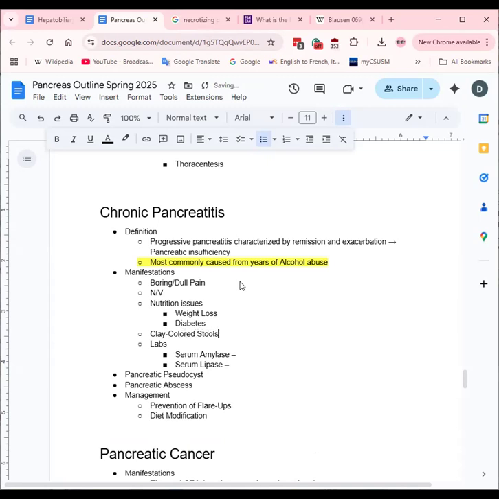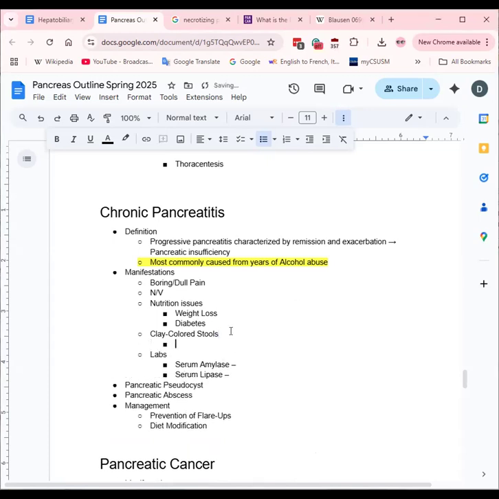Or actually, no, that's a different reason. Actually, the clay-colored stools. Trying to remember actually the reasoning. I was thinking of fatty stools, which I think can happen too. Oh, the lack of bile is the reason for this. Yeah. So the lack of bile,